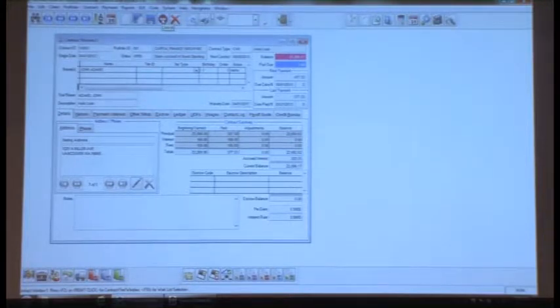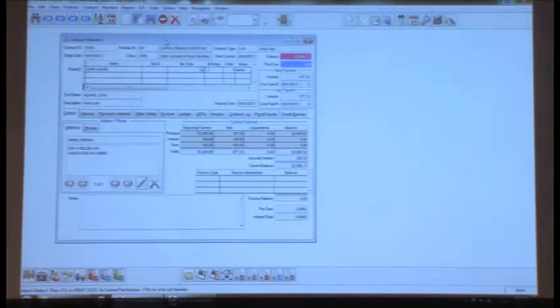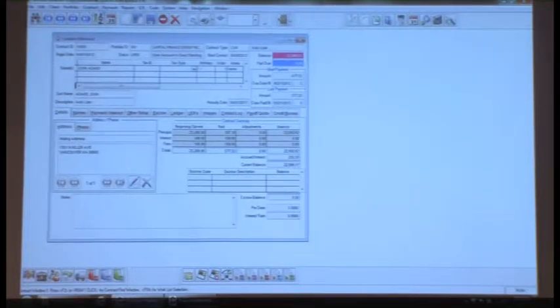If you've made changes in another screen, such as the payment entry window, and are coming back to a contract window that you had open in the background, you're going to want to be comfortable using the Cancel button to update your display there so that you see the changes that were made in any other associated window. And then finally, the last button for data entry windows is the Delete button. For reporting windows,